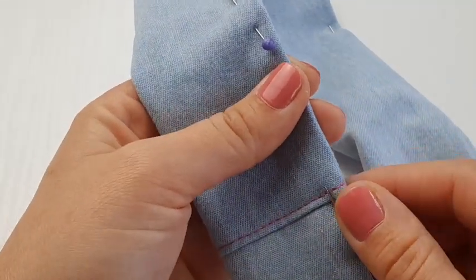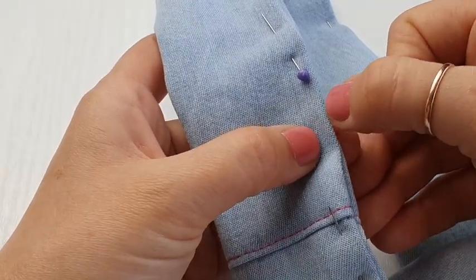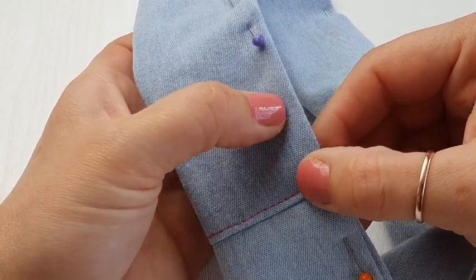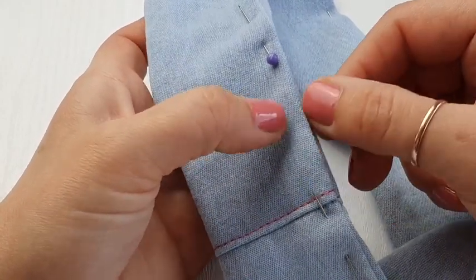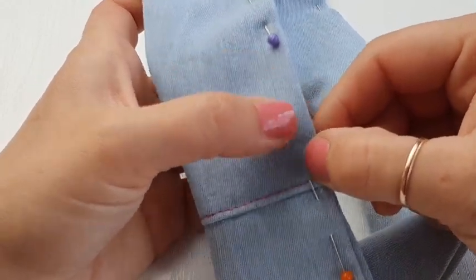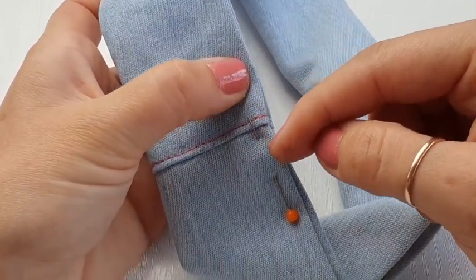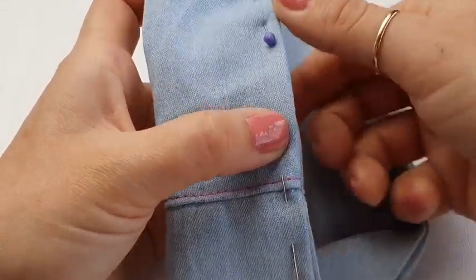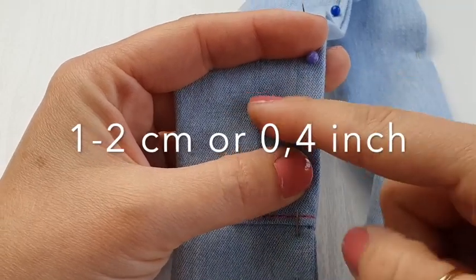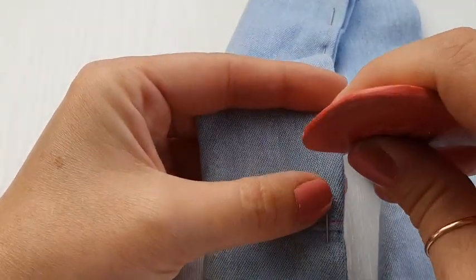For the next step, we are going to sew. We are going to sew about 3 millimeters from this edge here. And also I like to use about 2.5 to 3 millimeters long stitch. And we are going to start here. We are going to do back stitch all the way around, and we are going to leave 1 centimeter big gap so we can thread our elastic inside. If it helps, mark like so,